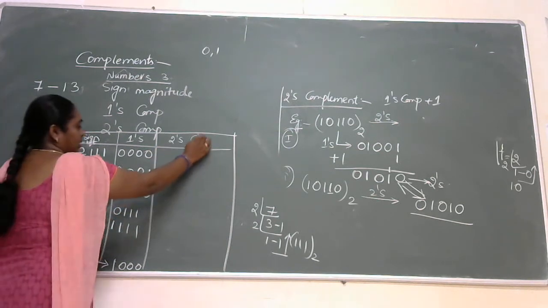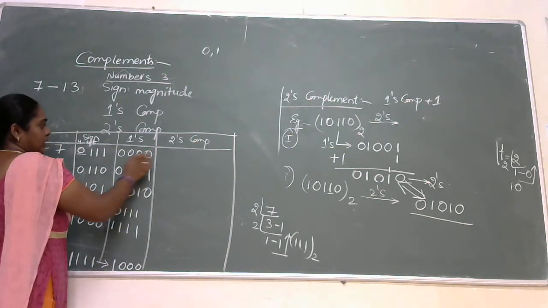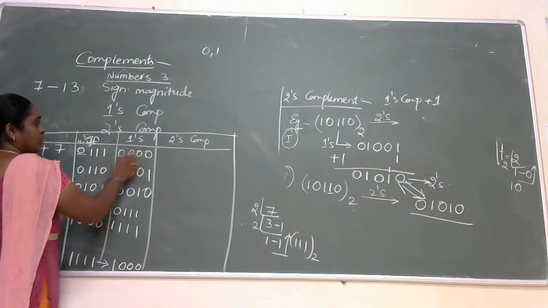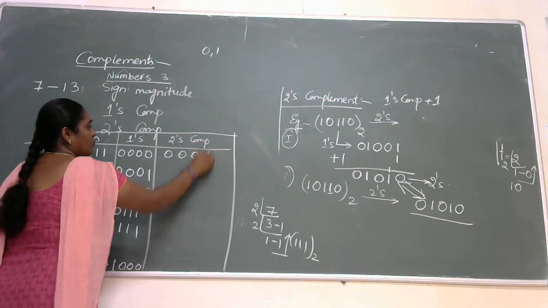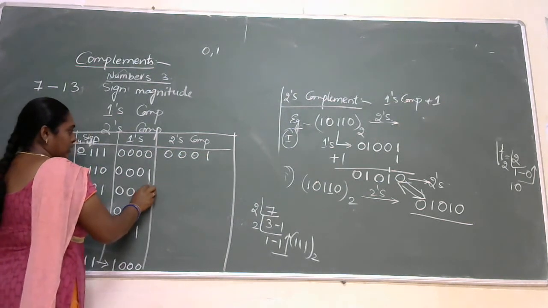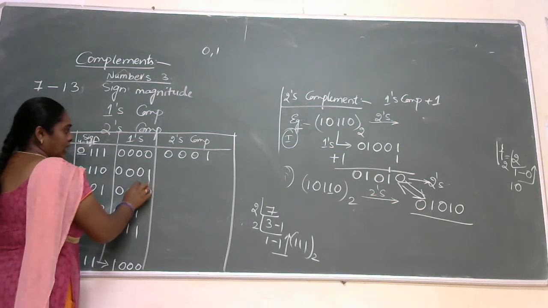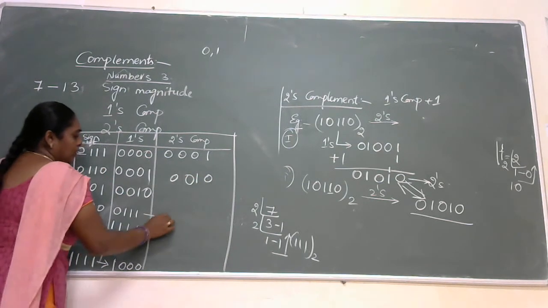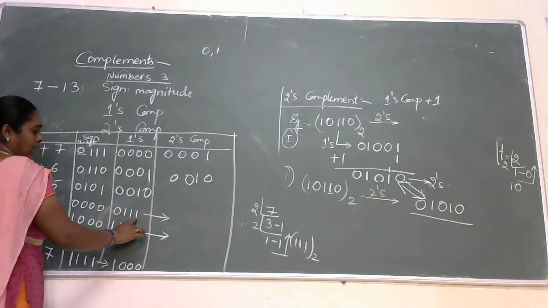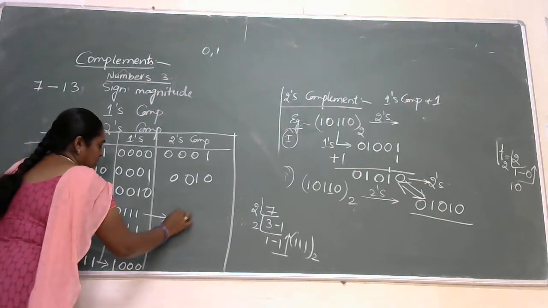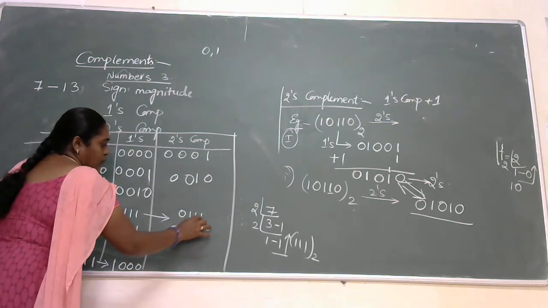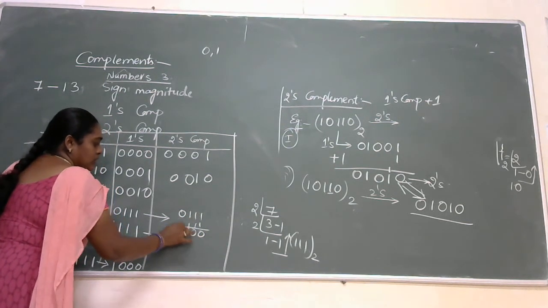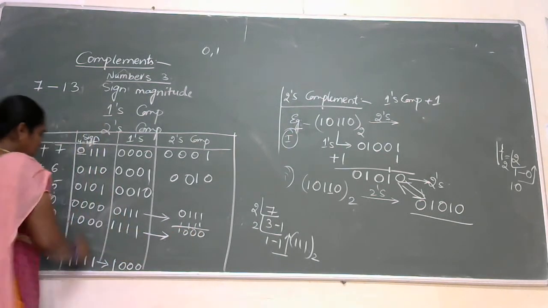Now we need to write down the 2's complement. 2's complement is nothing but 1's complement plus 1. As we have already done 1's complement, the 2's complement is 0, 0, 0, 1. For this one, if I add 1 over here, we get 1 plus 1, 0 with carry 1. So this is 0, 1, 0, 0. For this one, I will add 1 over here, so that is 0, triple 1 plus 1. 1 plus 1 is 0 with carry 1, and the same again for each bit. So I am getting 1, triple 0 for plus 0.